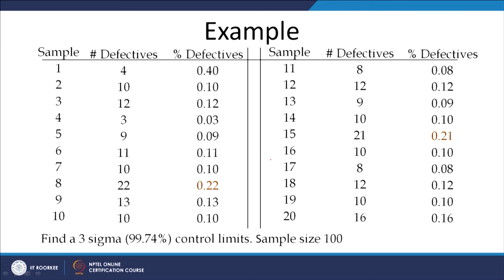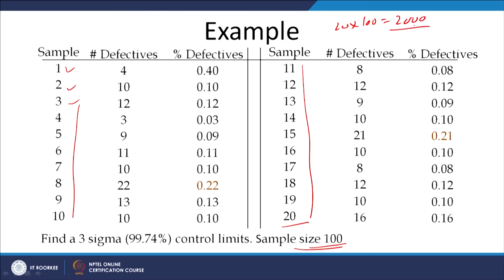So, here this is just an example where there are the samples, sample 1, 2, 3 up to 10 and then 11 to 20. So, the 20 samples are selected and each sample is of size 100. So, the total number of the units being inspected and observed is 20 into 100, that is